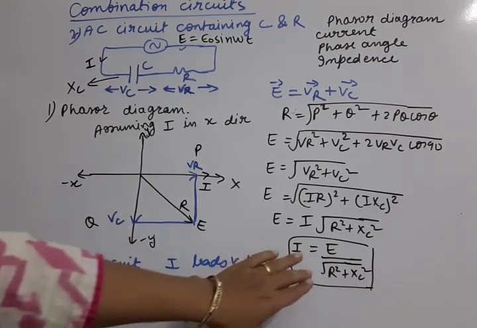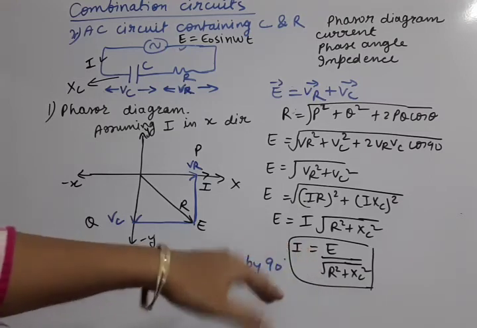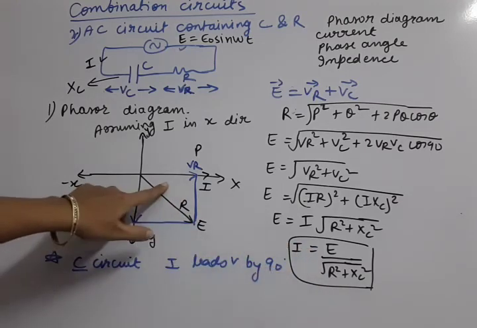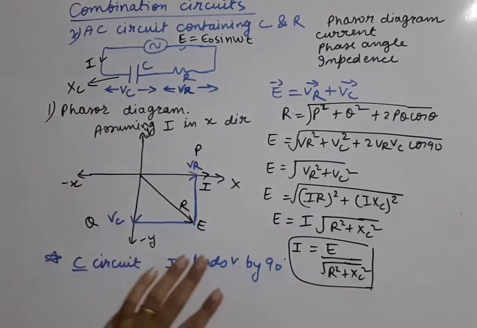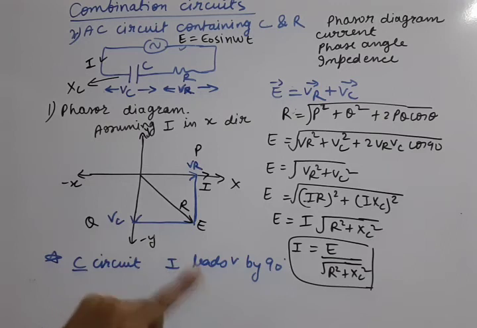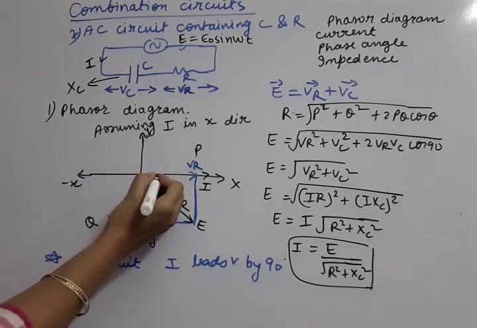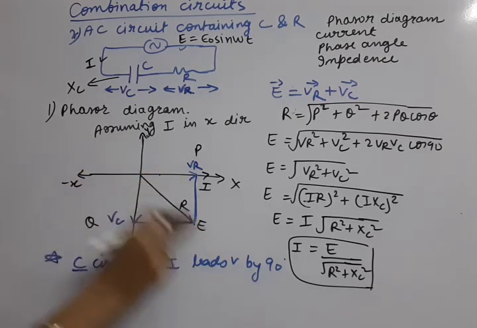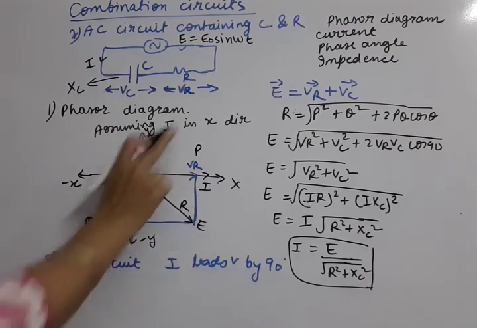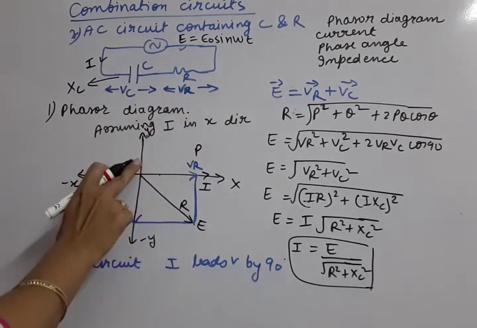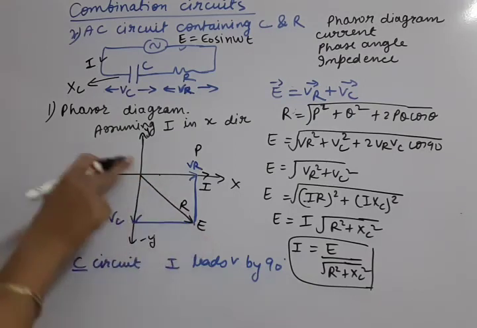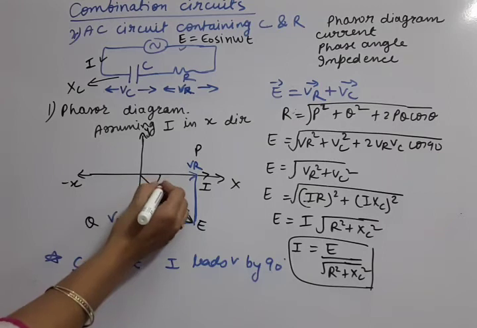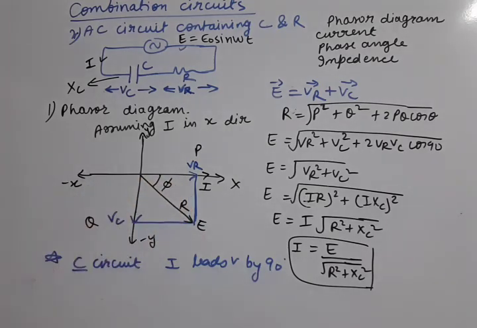Now how the current will vary with the voltage, that means the direction part, is shown in this diagram. This is the phasor diagram, and the current is completed. Now in the next sheet we will solve the phase angle. This is our resultant voltage now. Earlier the resultant voltage was in this direction for the LR circuit. For the CR circuit the voltage is in this direction, and the current is in this direction. So the angle, suppose we call it phi, is the phase angle between voltage and current.